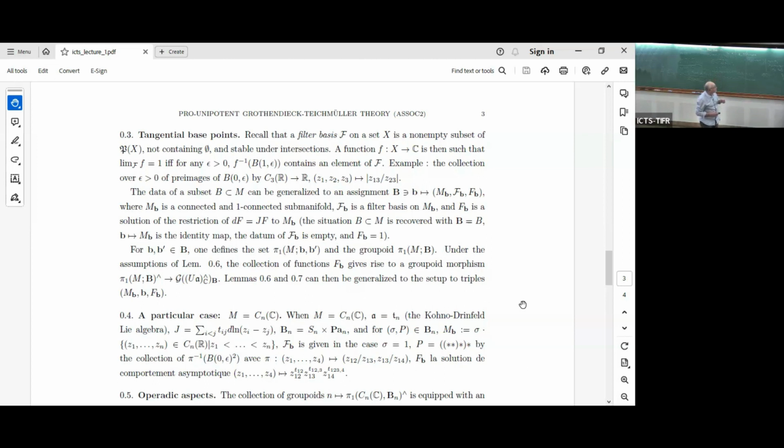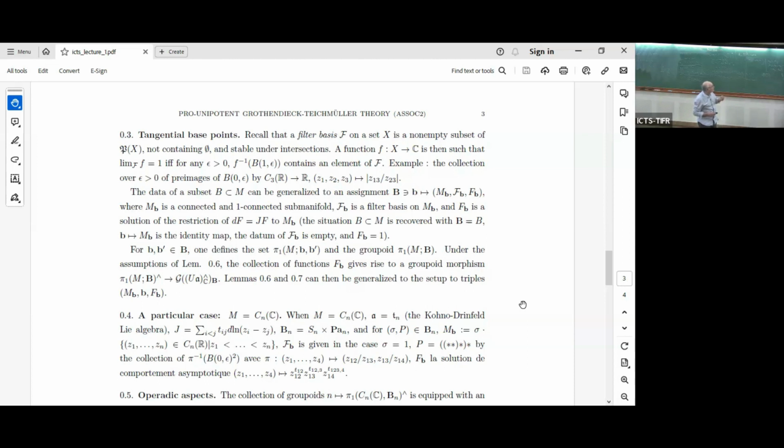So in fact, if you want to discuss tangential base points, you need the following data. You need MB, a simply connected manifold. You need a filter basis topology on this manifold, and you need a function which relates to this data. So this is it. And given all this,